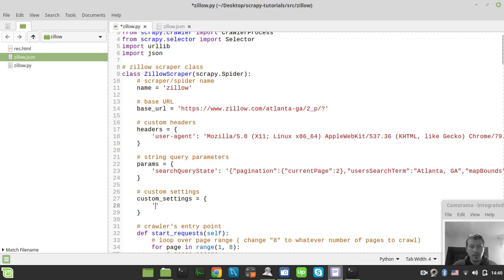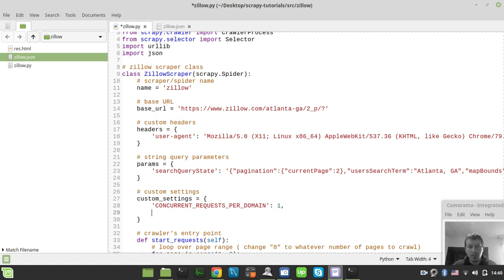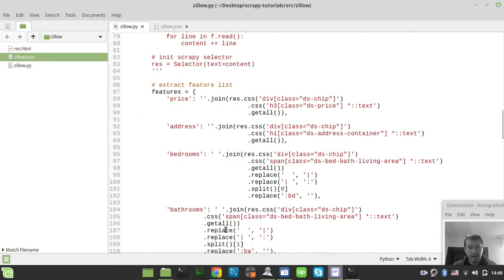I would better say concurrent requests per domain, and this would be, let's consider the only one, and download delay 1 second as well, and